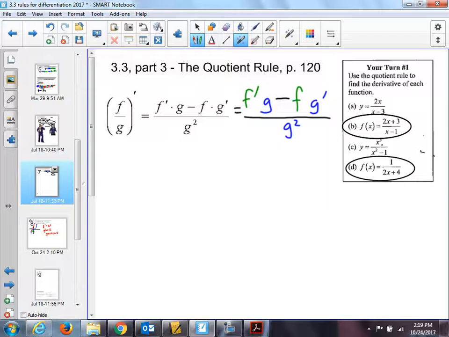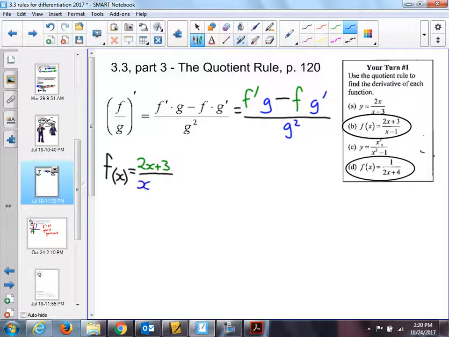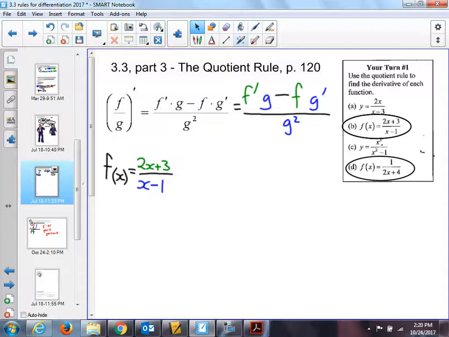So, I'll start with B. I've circled B and D there. So let's just write this. I'm going to write this out though with color code, f of x. Oh, there's that glitch in here. f of x equals, well, my numerator is 2x plus 3. The denominator is x minus 1. I'm just rewriting the problem so that you can follow, and I'll use the same color coding, right? As here. f prime